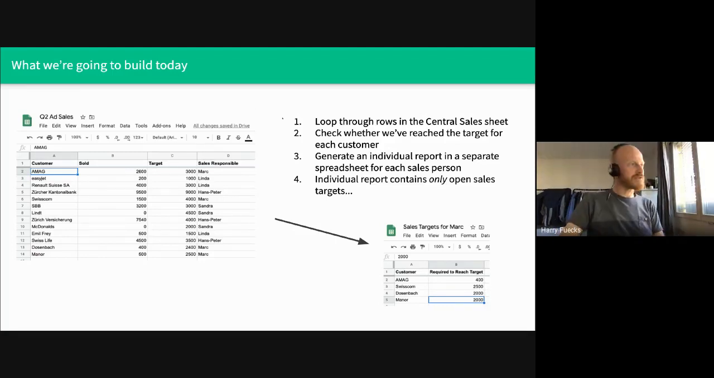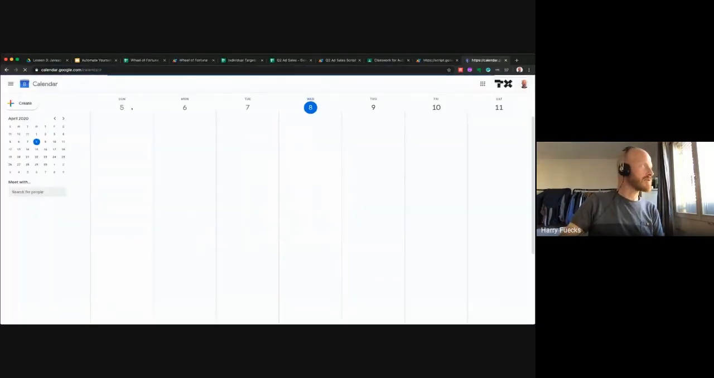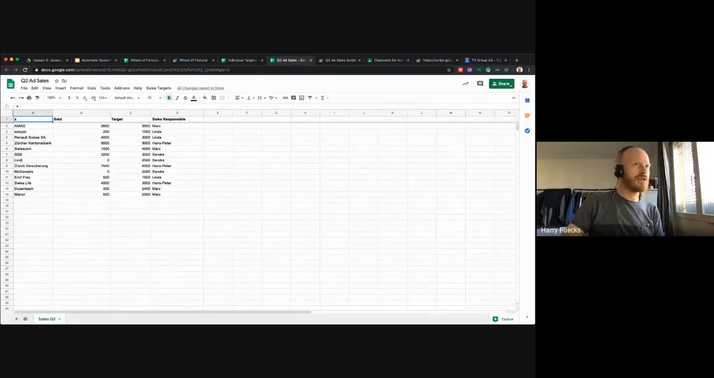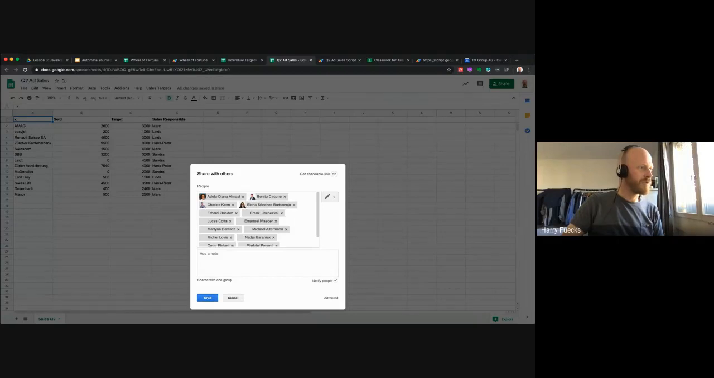Okay, so I guess the first thing I should quickly do is make sure that you all have access to the spreadsheet. I'll just copy your email addresses out of here. Right, so this is the Q2 ad sales sheet. I'll just paste you all there. Okay, just having a think. Just having a long think. A very long think, okay. All right, so